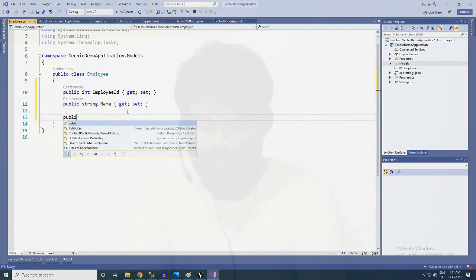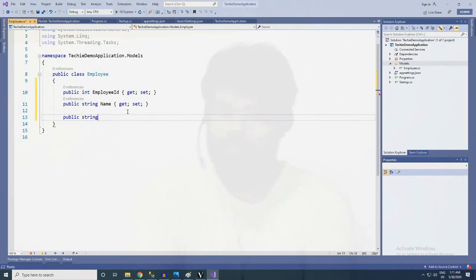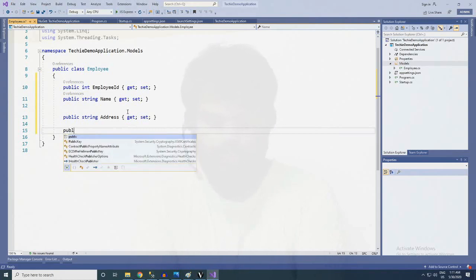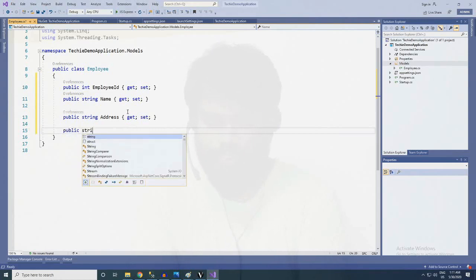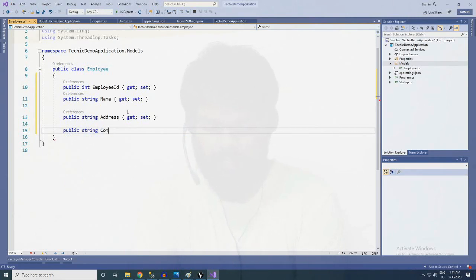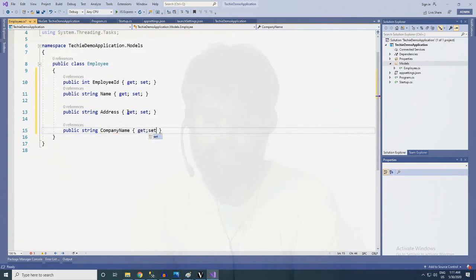Now public string address of the employee, give it getter and setter. And now finally public string company name, add getter and setter. So we have created our first table name.